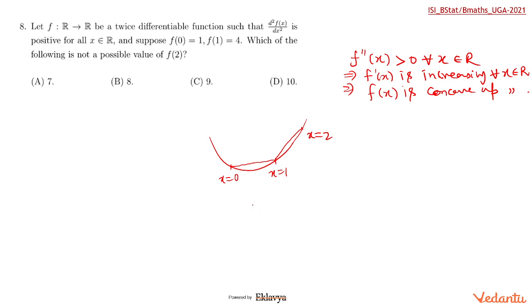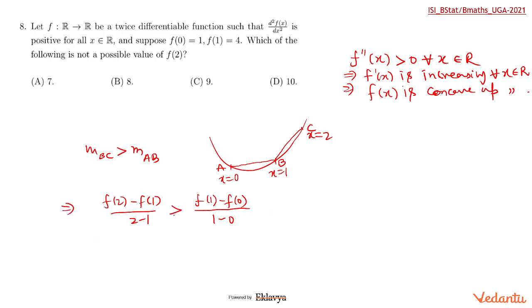So obviously from here, f of 1 minus f of 0 divided by 1 minus 0, and I write f of 2 minus f of 1 divided by 2 minus 1. Say this point is A, this point is B, this point is C. So the slope of chord BC is more than the slope of chord AB. Alright, from here you'll get this. And what are the values? F2